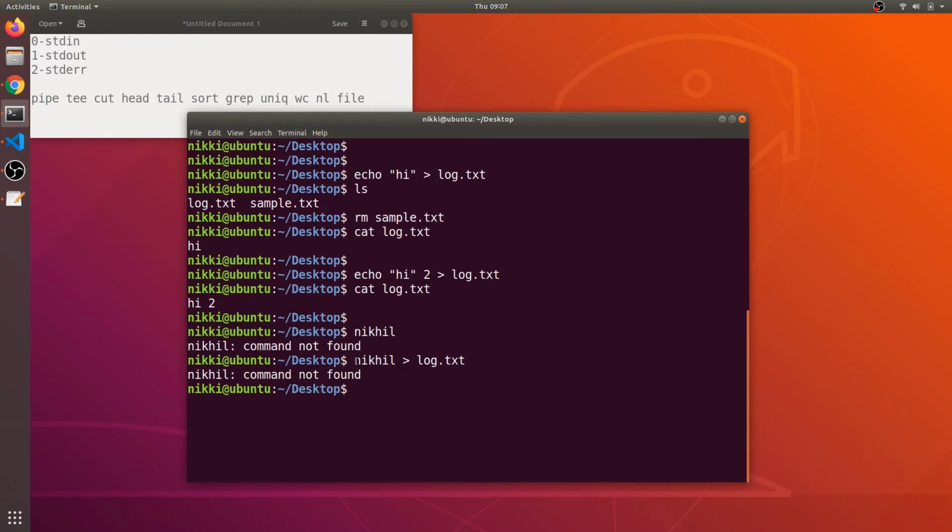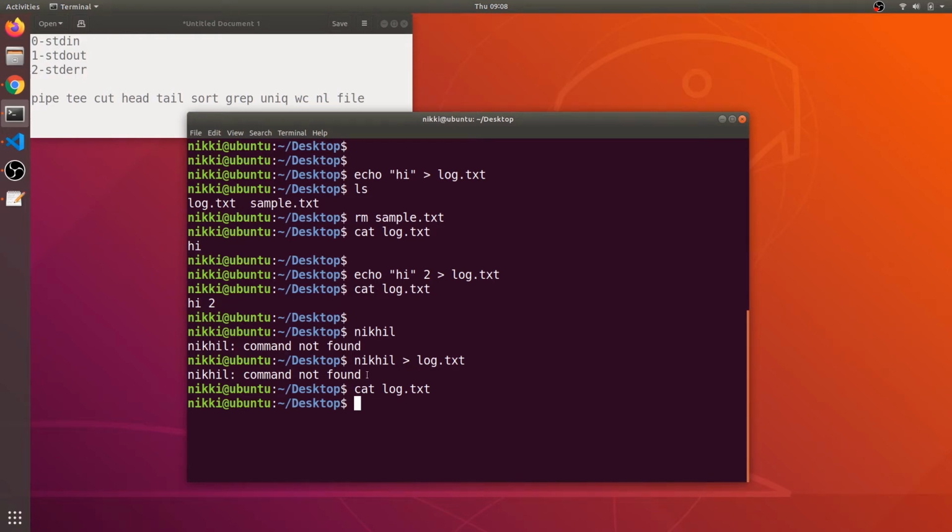Even when I redirected the output to the log.txt file, I still got some output saying command not found, because this is not an output, this is the error message, the standard error message. If I say cat log.txt, I have no contents in my log.txt file because there is blank output, and that blank output has been stored in the log.txt file, and the old contents of this text file have been overwritten.